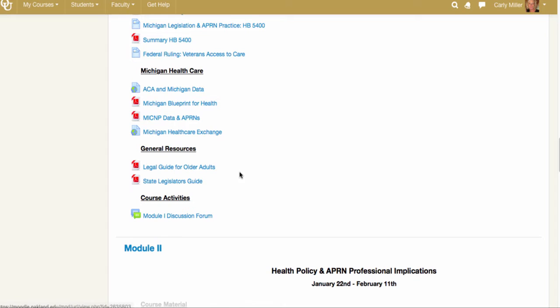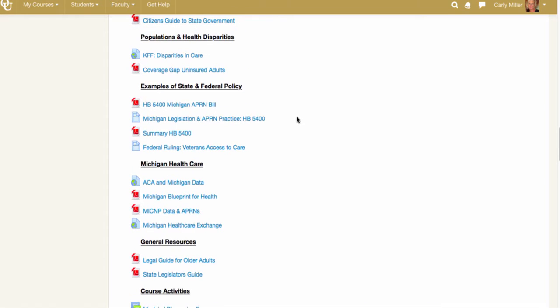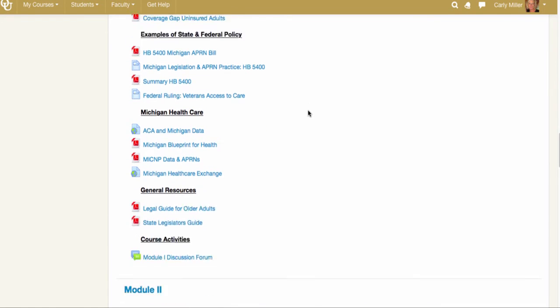And then I also put some more general resources. This is a legal guide for older adults. Those of you that are going into adult gero, this is something that you could use as a resource later for your patients. It's obviously geared towards and written for the patient, but it's a good resource if your patient has questions, and it's something that they can take a look at. It's for older adults. The state legislators guide gives you more information about our state senators, etc. It's similar to the citizens guide up here for state government, but it's just something you can take